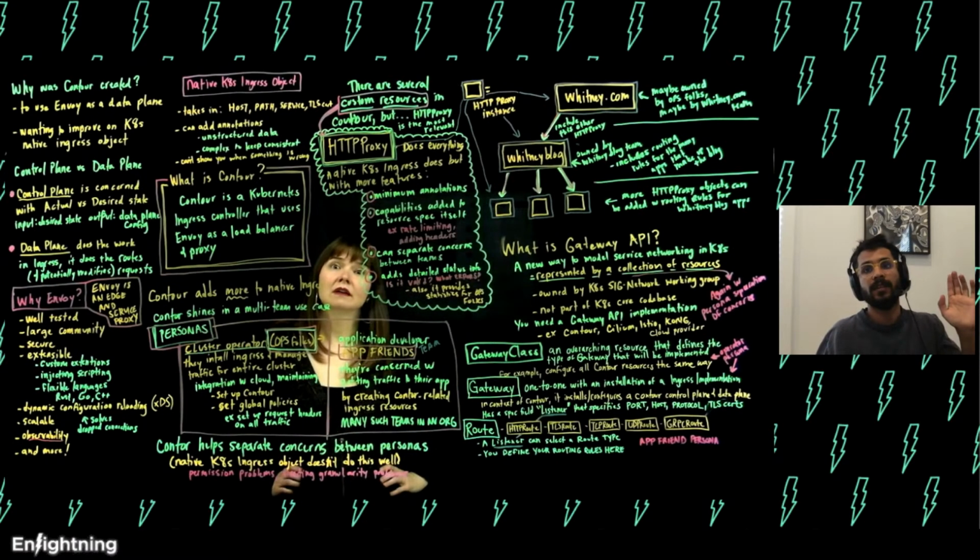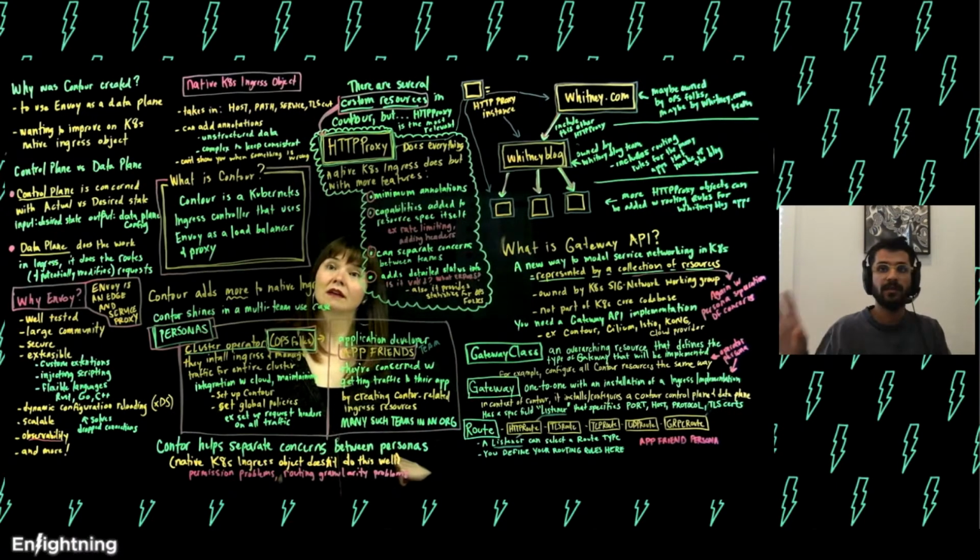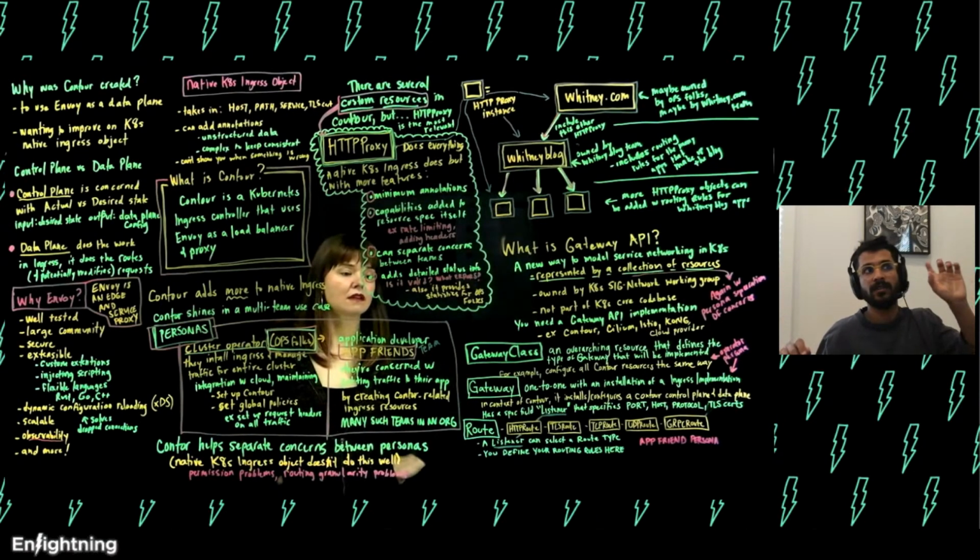So when you have a Contour installation in your cluster and we see Gateway API resources, we will program Envoy with the content of those Gateway API resources. You can also have HTTP proxies alongside them if you want to as well. If I understand the question well, it's the same as the relationship between Ingress and HTTP proxy. It's a different way of implementing the same idea.